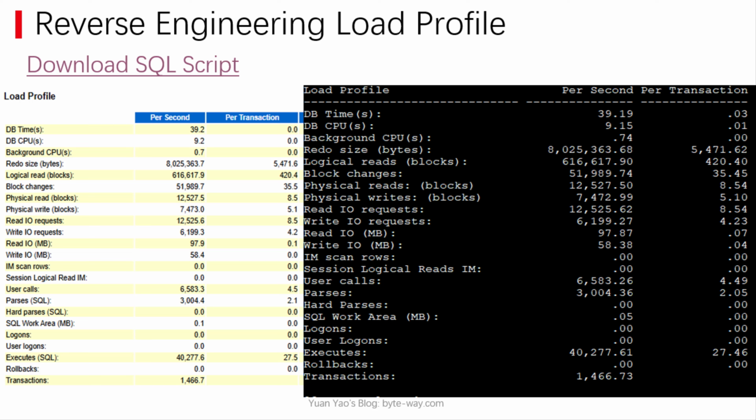The load profile section gives you a quick overview of the database workload. I've developed a SQL script that can generate the same results as the load profile's output. This isn't illegal reverse engineering. It's simply an effort to understand how Oracle calculates these numbers. After all, you can't mess with a big tech company like Oracle, and it's certainly not worth going to jail for. In fact, I've almost reverse engineered the entire report, and I'll be sharing more examples as we go along.